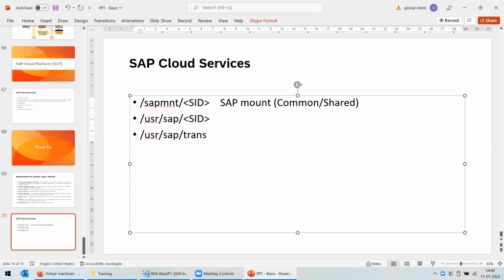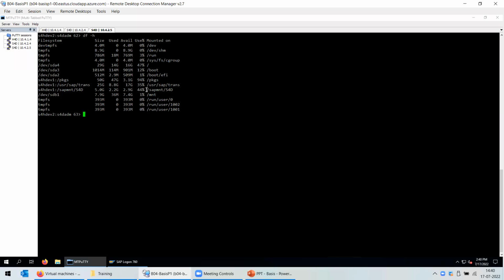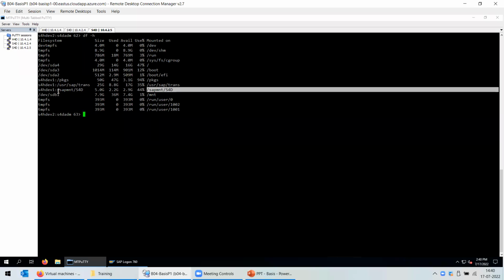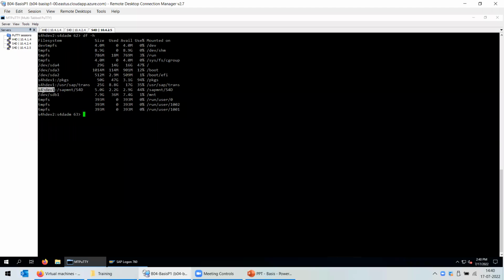So now coming to SAP MNT. Here can you see the SAP MNT SID is a directory which is coming from your S4H Day 1. It is coming from your primary application server. So it's a remote directory. It's an NFS, a network share. So it is shared from your primary application server and mounted on your secondary additional application server. Now, if you go into this directory,